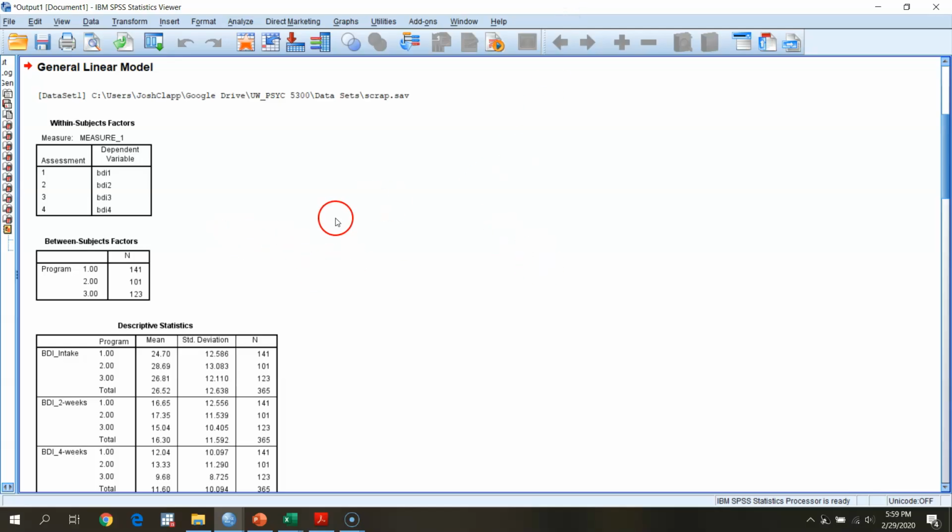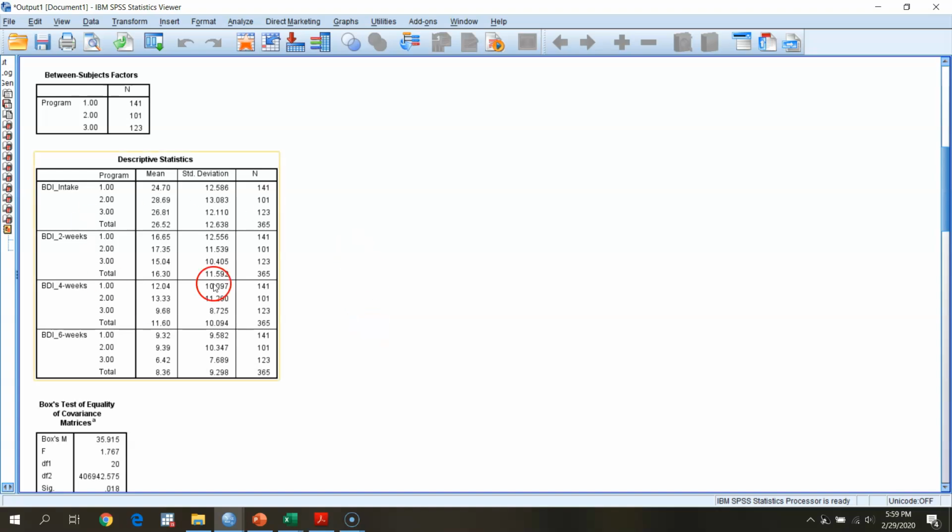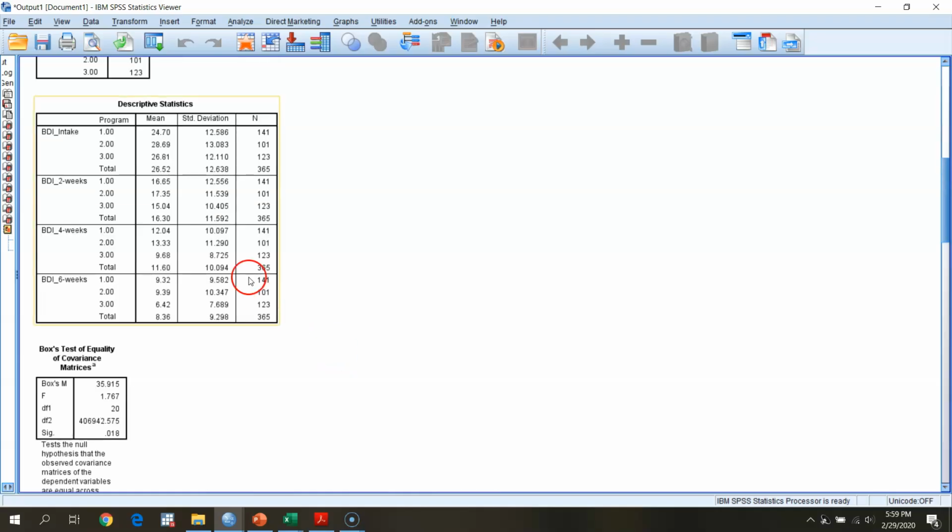All right. So if we're looking at output here, I've got my measures, BDI 1, 2, 3, and 4. This is going to be baseline, 2 weeks, 4 weeks, and 6 weeks. We've got 141 people in program 1, 101 people in program 2, 123 in program 3. These are descriptive statistics. We'll come back to these in a moment. But this is just looking at for each group across each assessment means, and then overall means at each time